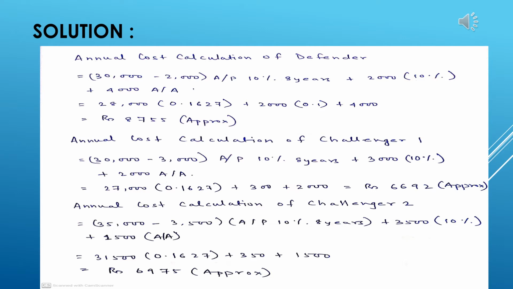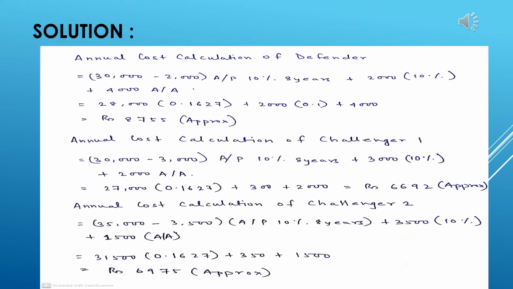Coming back to the calculation part of the problem, we need to consider two things before we move on to the calculation. What are the two things? The first thing is that it is not the first cost of the machine, nor the market value of the machine, which will be considered as the present value. Here, the effective first cost of the machine is already given, and it is practically the first cost, or the initial price of the machine, minus the current market value of the machine.